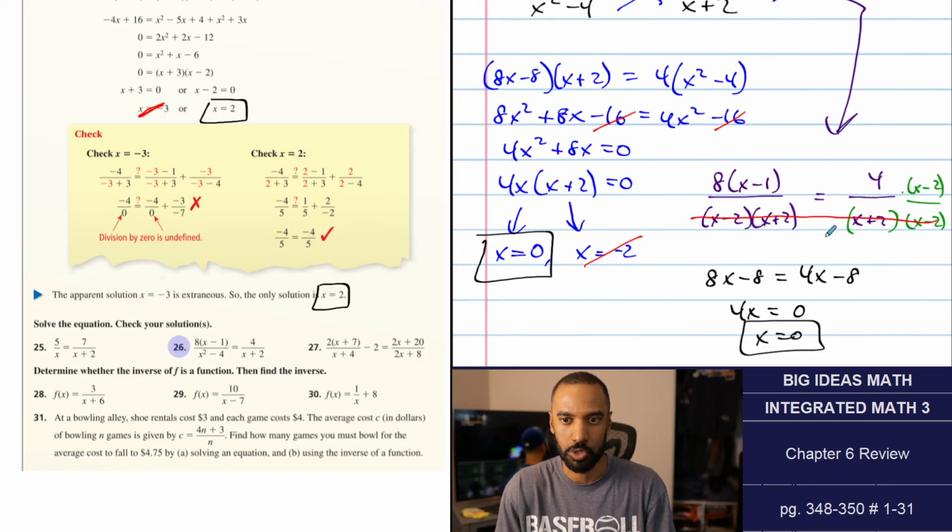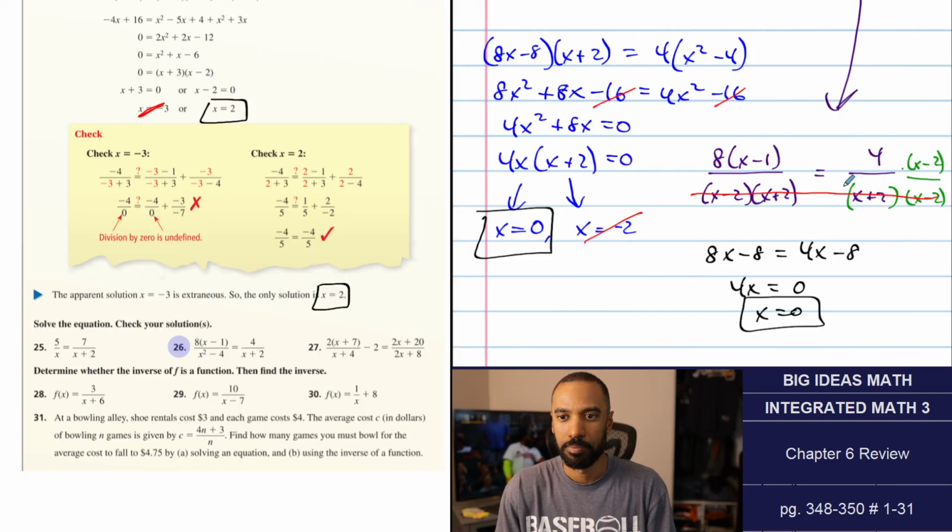I don't know which one you prefer. This one actually looks a little faster. Just depends on what you want to get going with it. All right, let's move to number 27, where I do have, again, two different ways that I want to talk about going